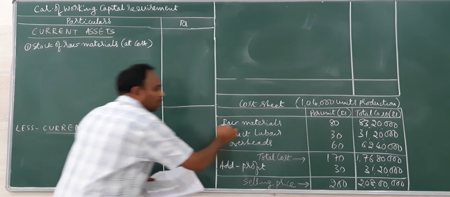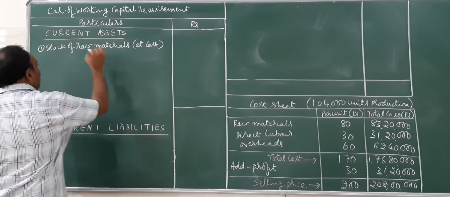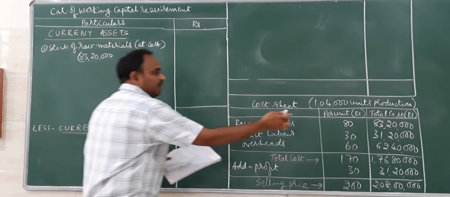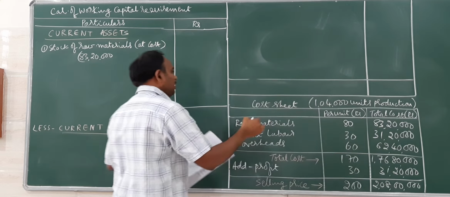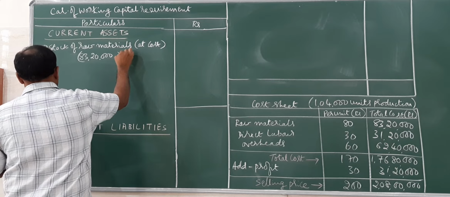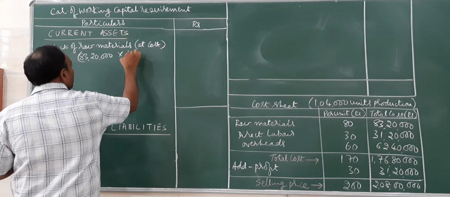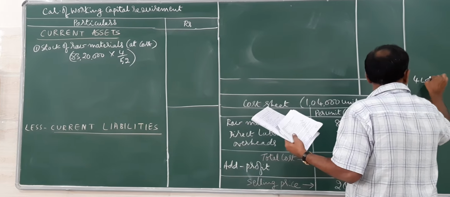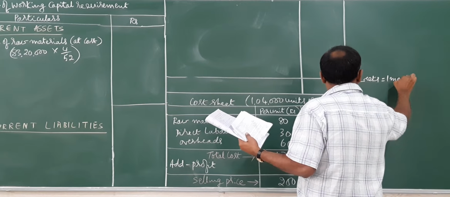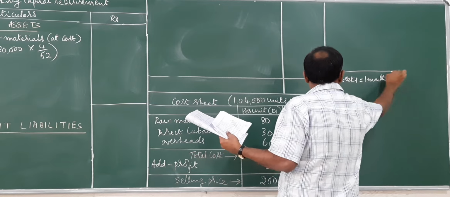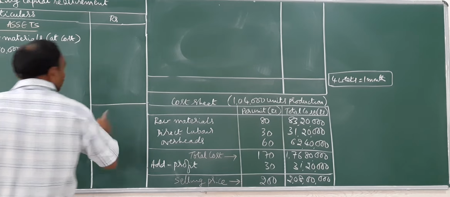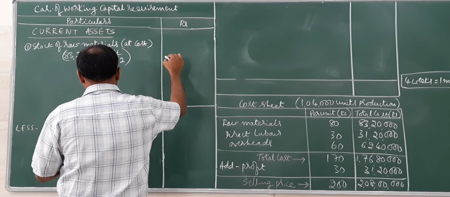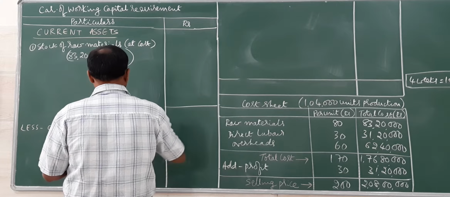Always at cost. Raw material you have total 83,20,000. We have to take this raw material total cost, not per unit, and they are given for 1 month. 1 month is equal to 4 weeks. Assume as given in the problem only. Last line. So 1 month means I have taken as 4 weeks. So if you convert this, you are going to find the value as